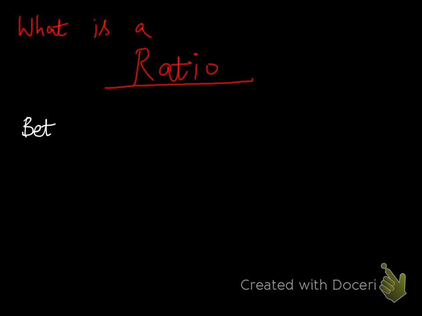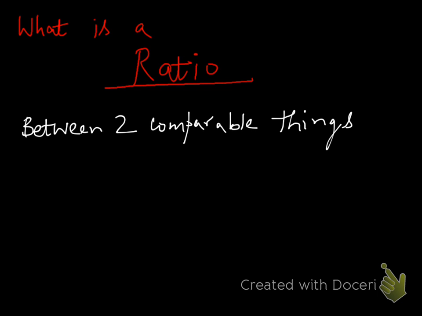Okay, so what is a ratio? For you to find the ratio between two numbers or between any amount of numbers, it is necessary that they should be homogeneous, that those quantities should be comparable. Let's see what I mean when I say comparable things. For example, if